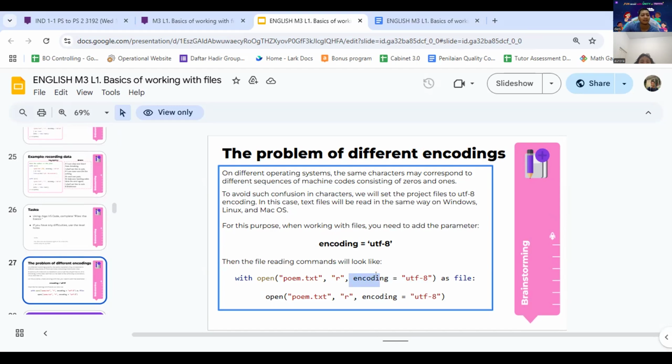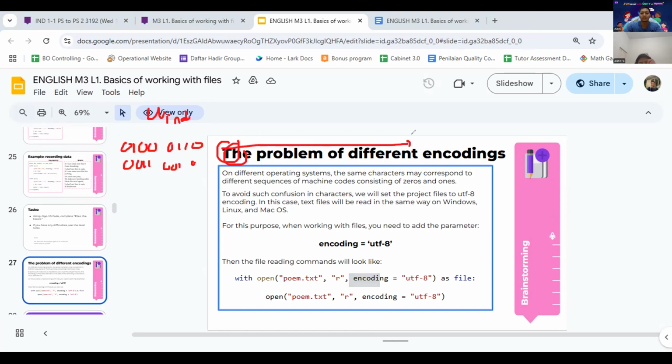Data is actually converted by the system into bit code like 01000110, like that, and 00110001 on your Windows.